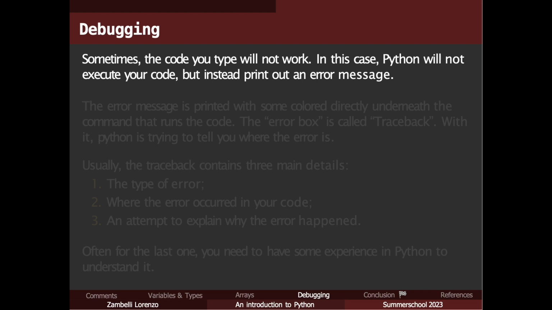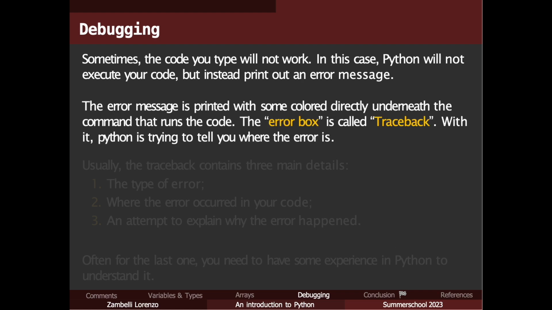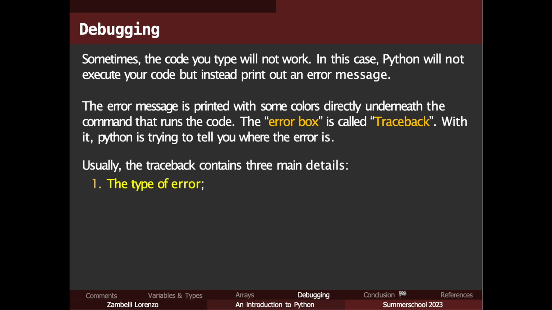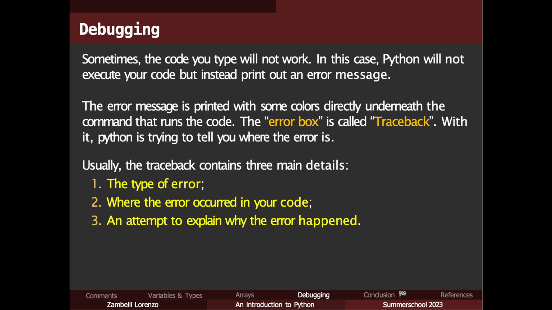Python has a lot of characteristics in this regard, and in particular every time that you get an error message, you're going to have an error box that in Python is called a traceback, and the traceback has mainly three characteristics. It gives the type of error, where the error in your code occurs, or which line, and it also tries to explain why that error occurs.